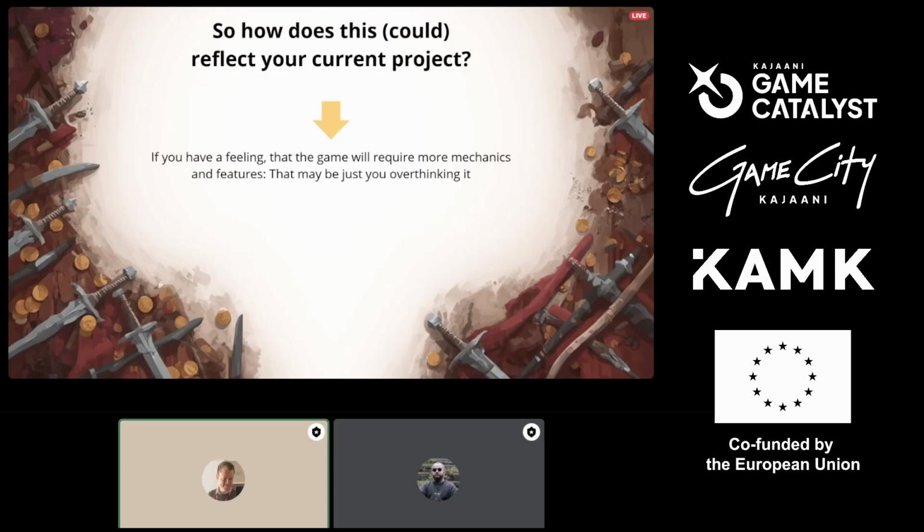It's not about the complicated mechanics or the 100 hours of gameplay content. That's not the reason why people play your game or buy your game. The reason is because they find it appealing on the storefront, and when they do, they enjoy the first 10 minutes, and most likely they are willing to see how they can get more of this. So that's why prototypes are so important to be tested at the early beginning, to see whether the core has a future, because that's basically everything that counts.